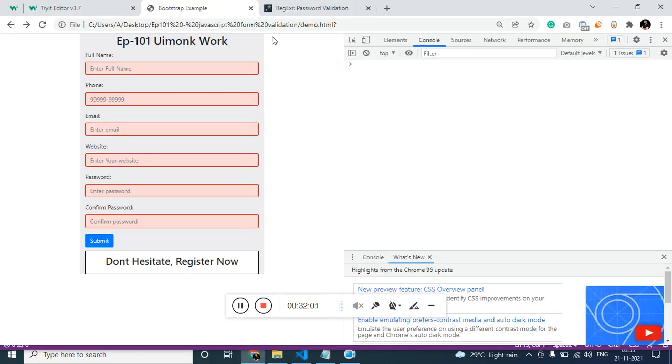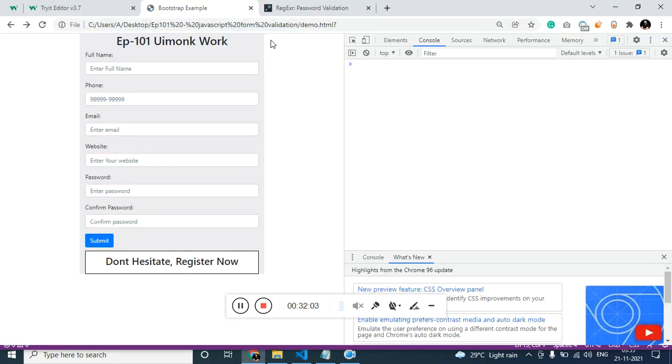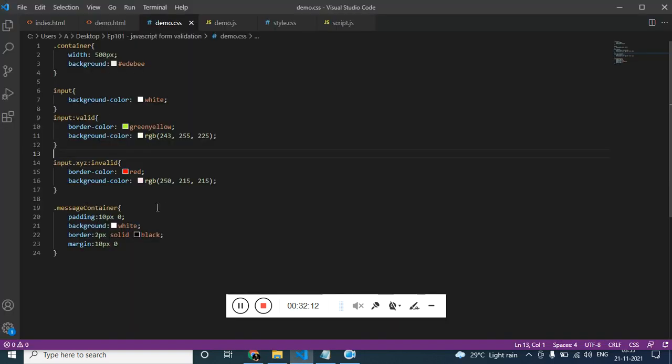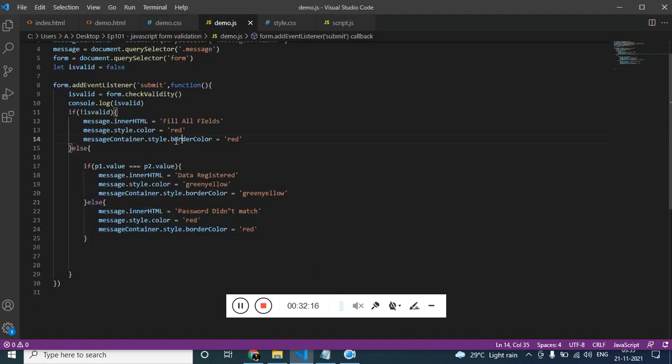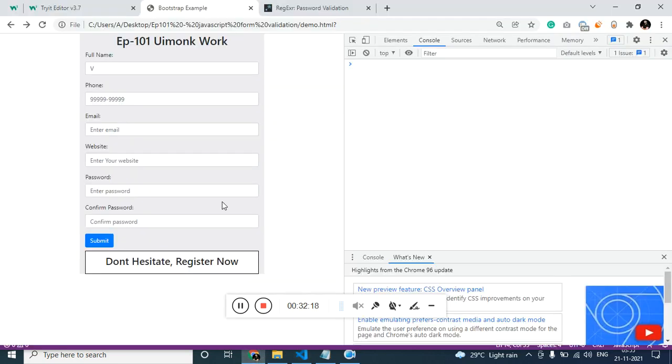Now if I refresh, it won't work, and again the validation is also not going to work. If I type minimum one letter, it is not going to give error because it is not considered as invalid. So to make this work, we want the red background only when clicking on the submit button.